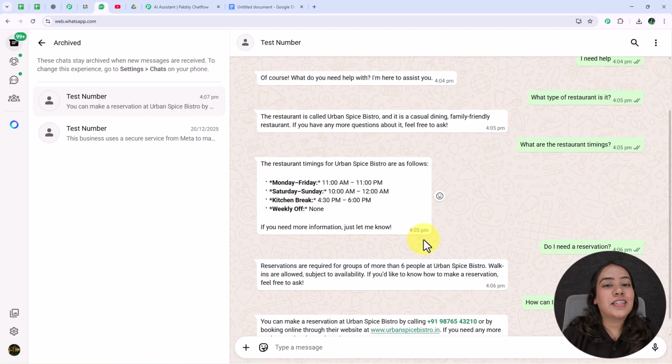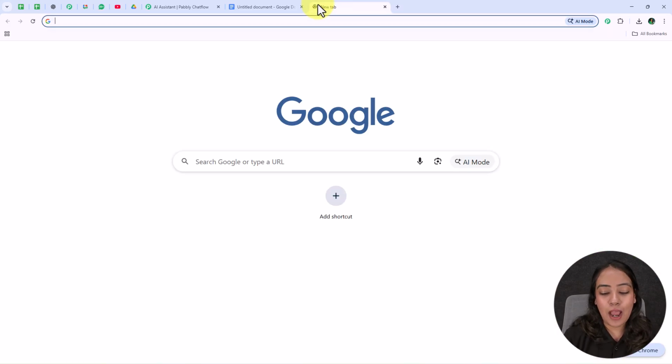And as you can see, this AI assistant is answering me perfectly within few seconds and making my customer experience much more better without involving any manual effort. So if you want to enhance your customer experience and make your task automated, then let me guide you further. For that, you need to open new tab and search